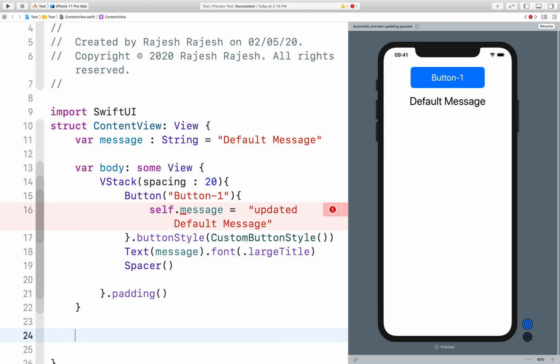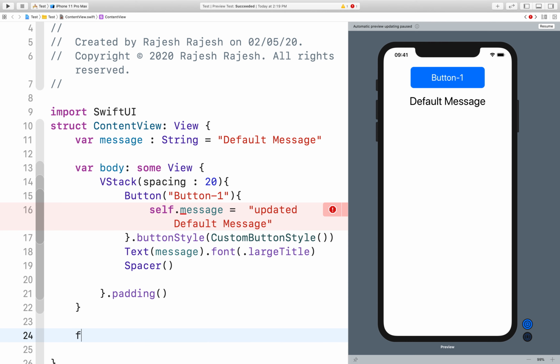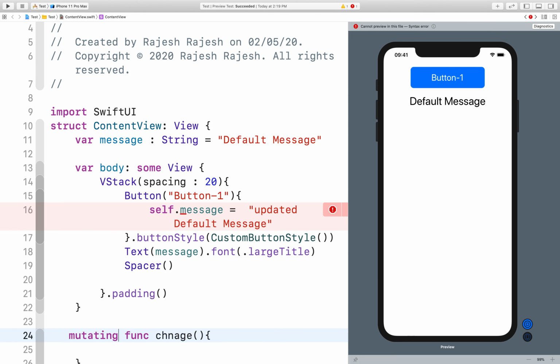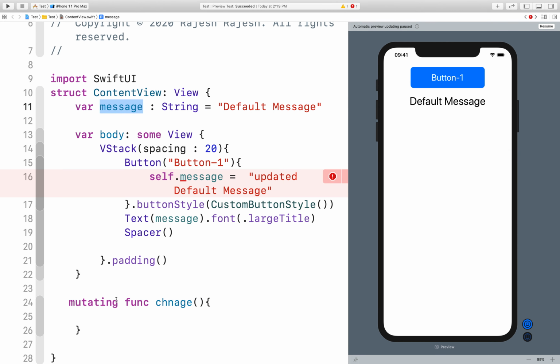If we want to change the value, we need to create a function like change, and I need to make that function mutating if I want to change the value of that message. So here I am able to change or update that message, so it's working.